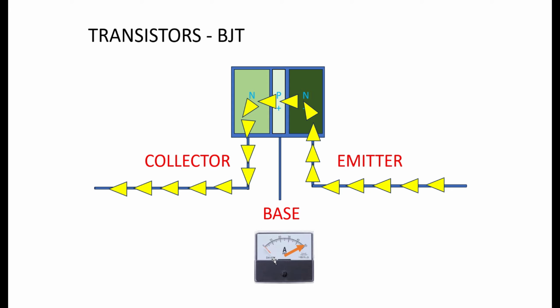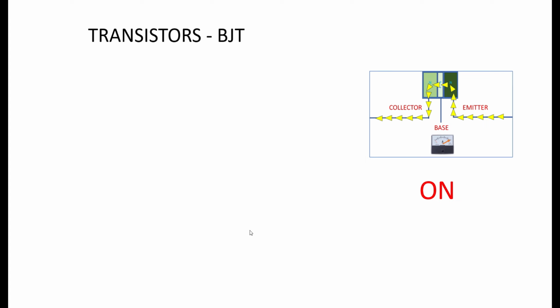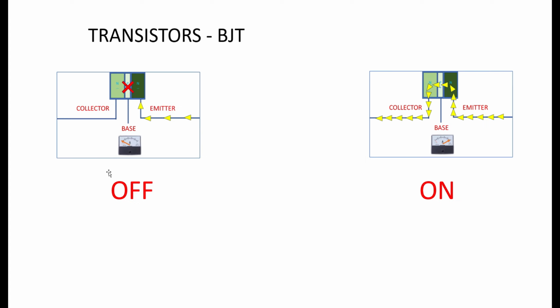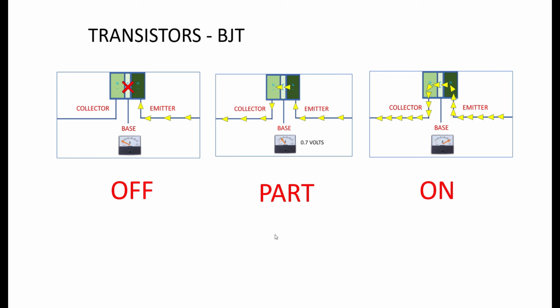You can continue to increase the power up to the point where the barrier has almost collapsed, and the transistor will allow the full flow of electrons through the transistor, and that is the point at which we say the transistor has been saturated. So a transistor can act like a switch, and it can be either on or off, or kind of part on. And so in this way it's kind of acting like a valve, controlling how much current is allowed to flow